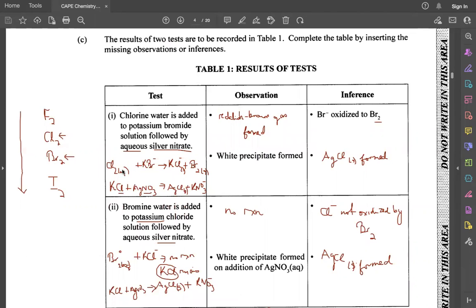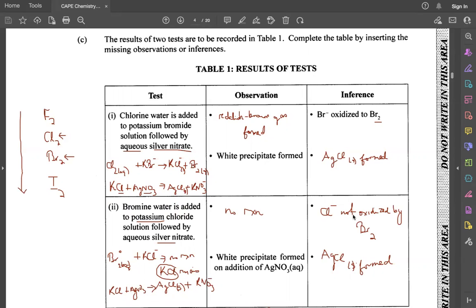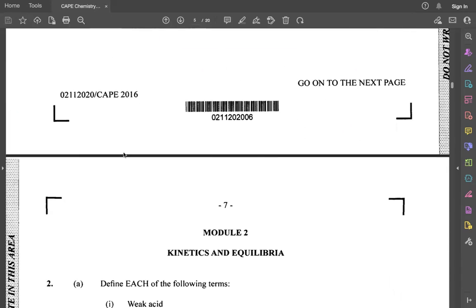And so that's what we saw here, is that the Cl2 was able to displace the bromide ion. And in this particular case, we saw that the bromine, which is below chlorine, was not then able to displace the chloride ion because it's not as reactive as the chlorine, okay? So that's the answer for that one. So that's part C. Let's see if there's anything else here for us to answer. So that would get us our 5 marks for part C here. All of these would get us our 5 marks. So let's clear this and go down. All right, so now